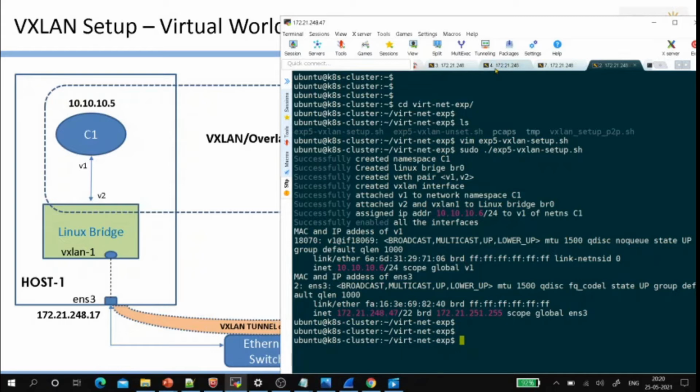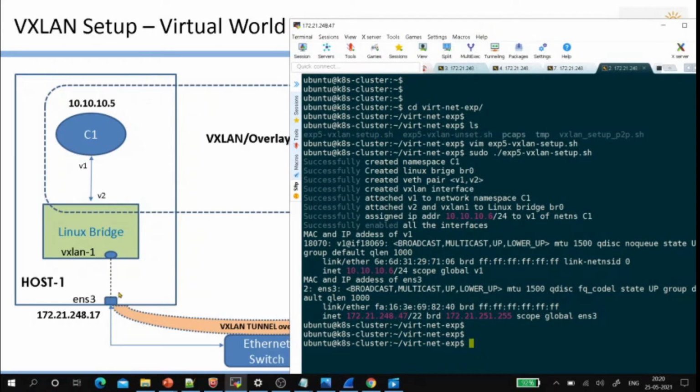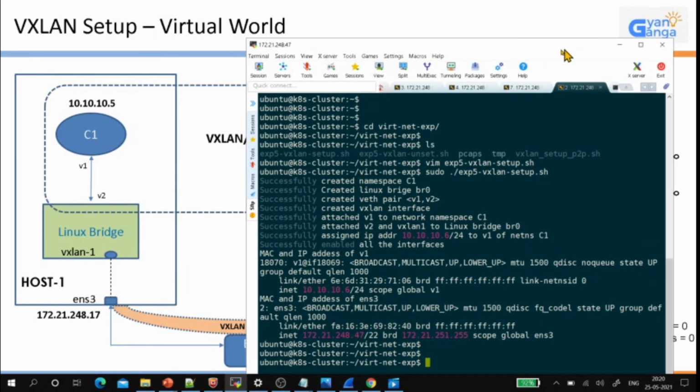Now, what's happened is we have deployed the bridge, we have deployed the container, we have created this virtual interface, attached V1 to C1, V2 to the Linux bridge, and also we have configured the VXLAN tunnel endpoint, right?